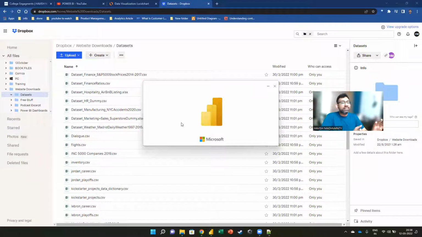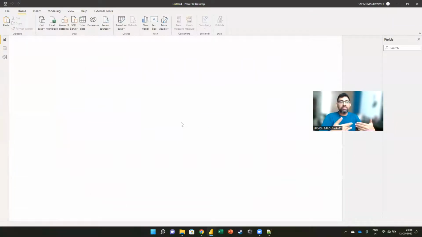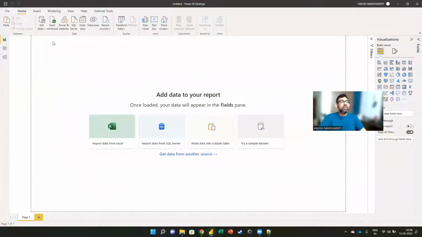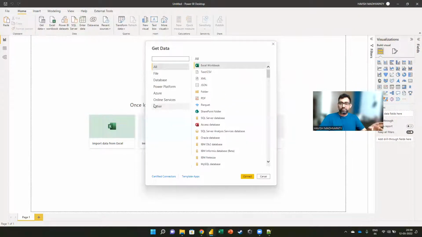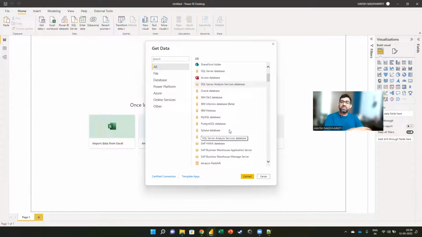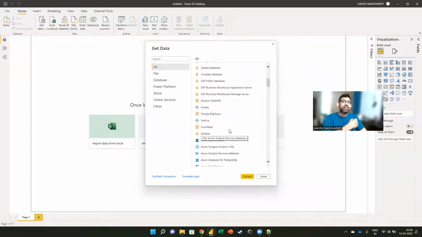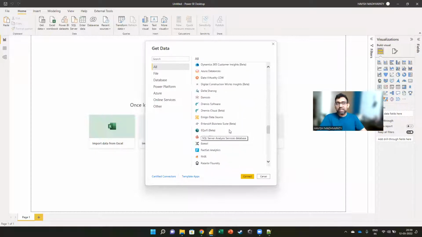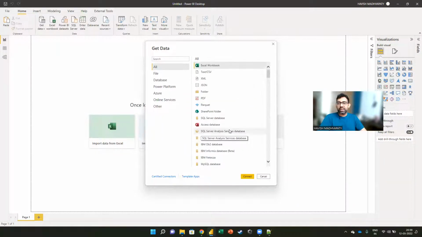And see, I've not created ready-made examples. I'm doing everything live in front of you so that you can actually see how simple it is, okay? I want to go to Get Data, and I will select More. You can also see the types of sources that Power BI can connect to, not just Excel. I can get into Excel, text, CSV, XML, JSON, PDF, SharePoint, SQL, Google, SAP HANA, SAP Business Warehouse, Amazon, Azure. It's crazy, right? Look at the number of connectors that you have, right?